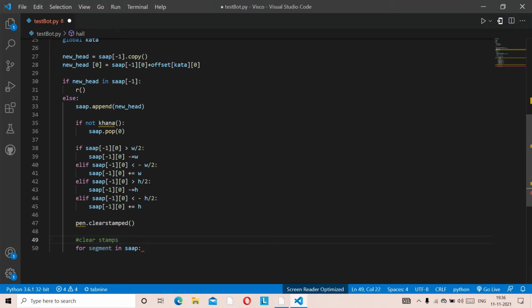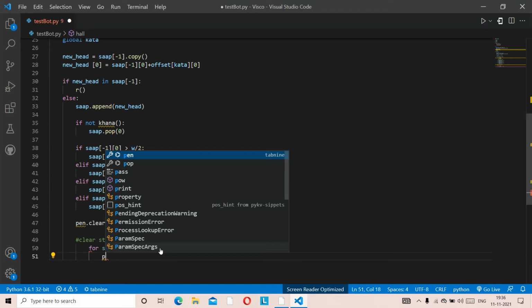Now stamps also is fine. Now what we're going to do is we are going to come right here and put this somewhere right here. Yeah, this should be fine. Okay, now just follow me. Now you're going to click enter, and what you're going to do is you're going to put the pen